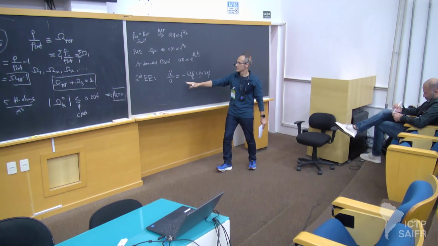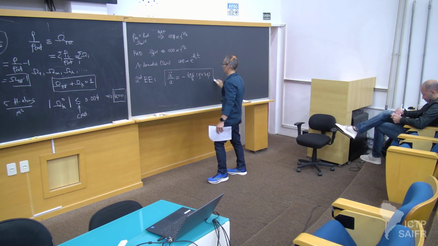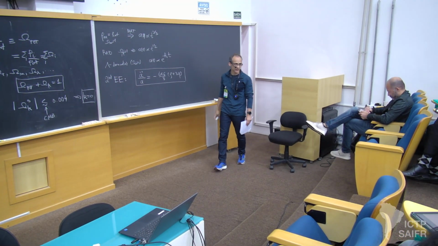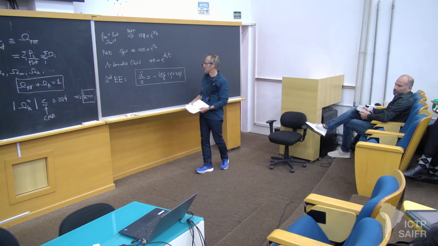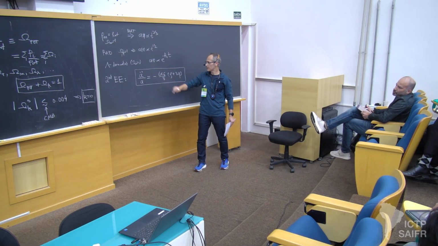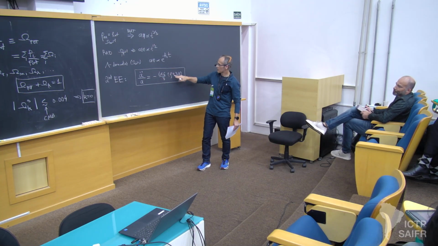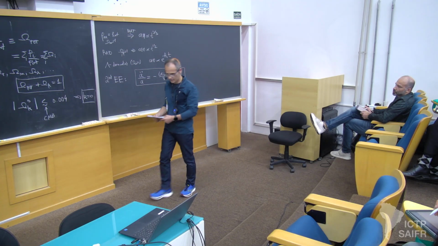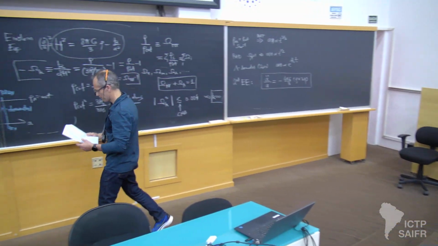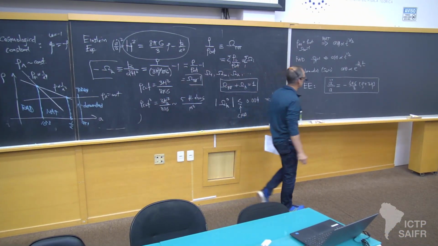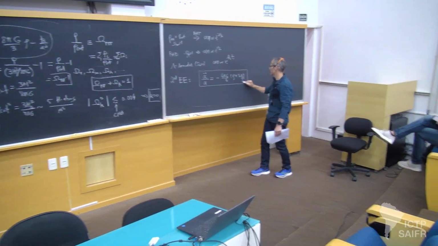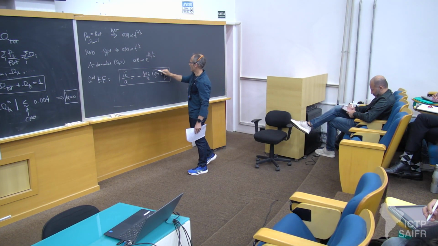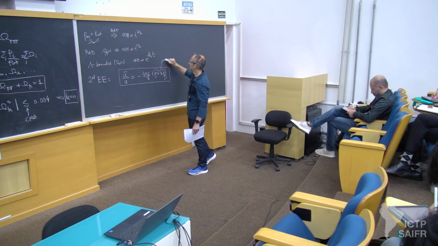And that tells you that acceleration, so the first equation describes the speed of the expansion of the universe. This one describes the acceleration of the expansion of the universe. And you can see here there is a very important minus sign. And up to these constants, the thing that drives acceleration is this combination of rho, the density, plus 3 times the pressure. Okay? And remember, if you put back the units, here it will be a c squared here. So this is what in general relativity is called the active mass.